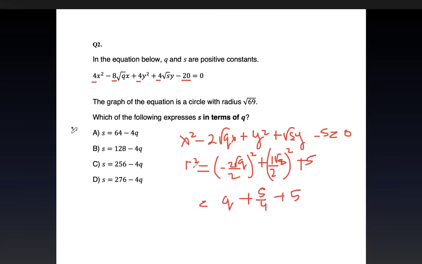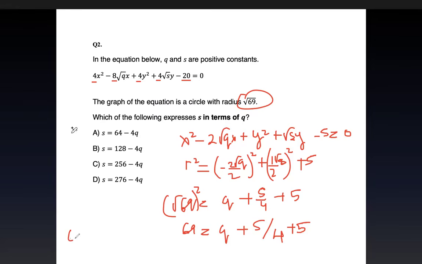And what is the radius? The radius is square root of 69. I put square root of 69 here. And then if you square it, it's going to be what? 69 equals q plus s over 4 plus 5. If you simplify, you get 64